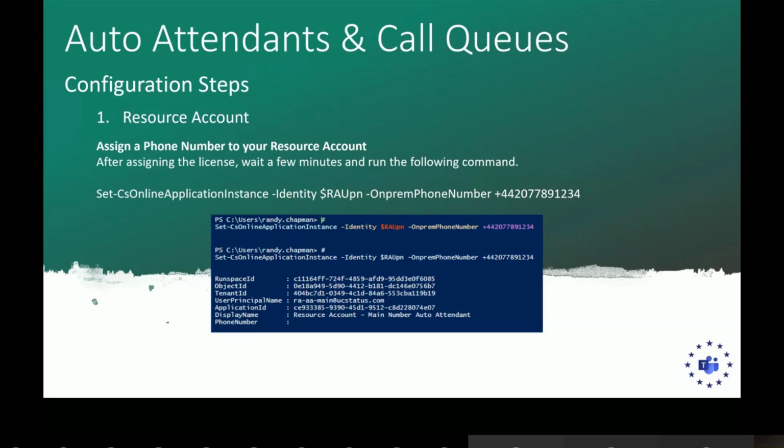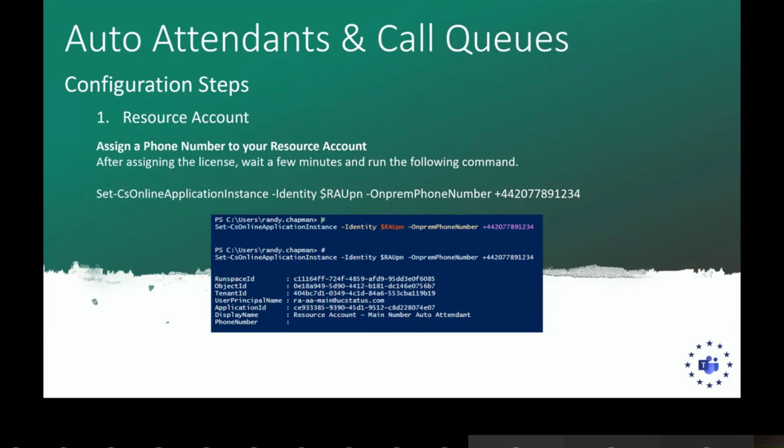To set the phone number, what you need to do is wait a few minutes. If you've ever tried to configure anything in Teams, there's a little replication delay on certain things. Sometimes it's minutes, and I've heard cases where the phone number thing, when it was first announced and launched, could be many minutes. It could be many days, sometimes even a couple of weeks. If it is more than a couple of days, you need to raise a case with Microsoft. There might be a blocker or something there that's preventing the number from reaching the business admin center.